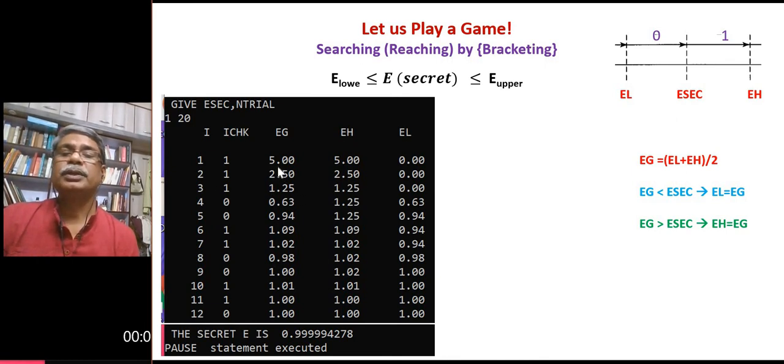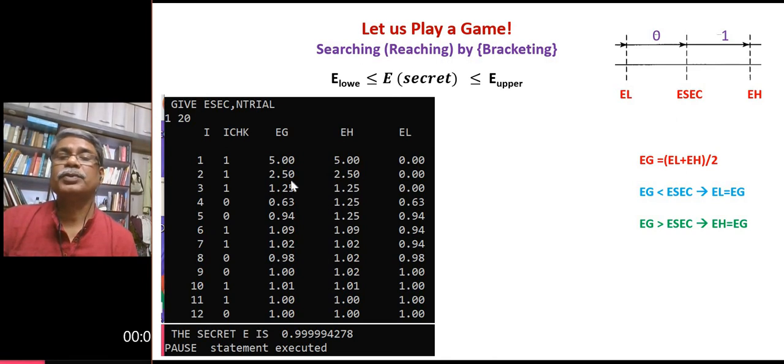So EG initially, I have taken EL as 0 and EH as 10. So the average is 5, which is on the right side of the exact value 1, or E sec value 1. Since it is the right hand side, EH is reassigned to be 5 and EL remains the same. Then you take the average again,